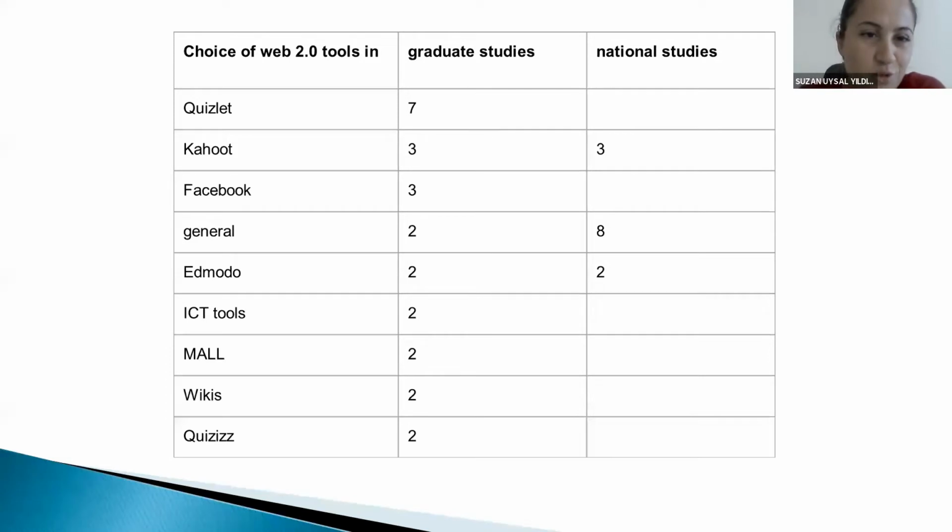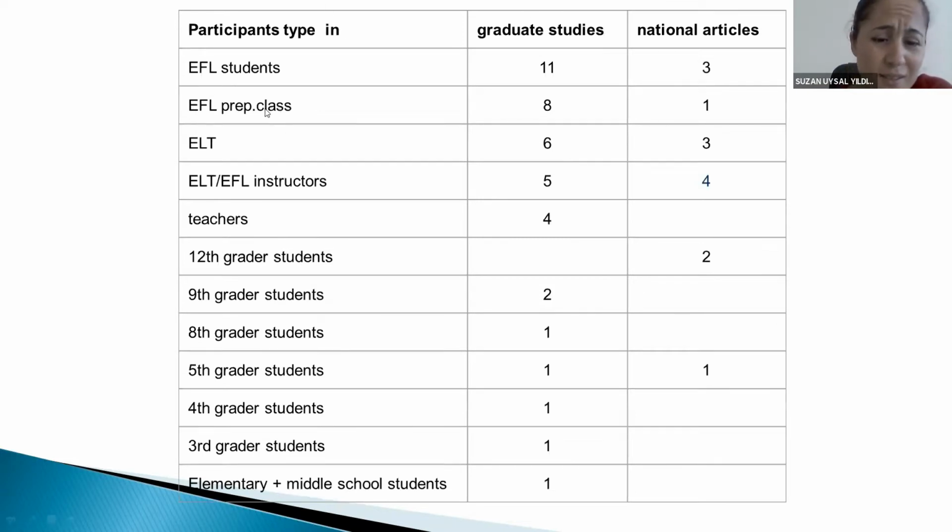And when it comes to choice of web tools, we have found that Quizlet was the most preferred one in graduate studies, also Kahoot, and number 3 is Facebook. Maybe Facebook started losing its popularity, but Quizlet and Kahoot are rising according to this table. And I think this table is really interesting because the participant type is generally the university students, especially EFL students